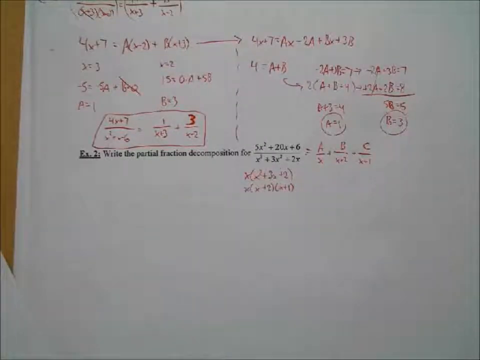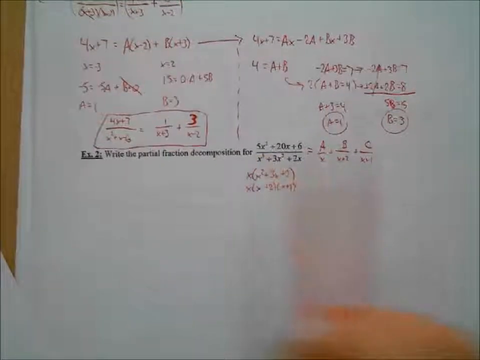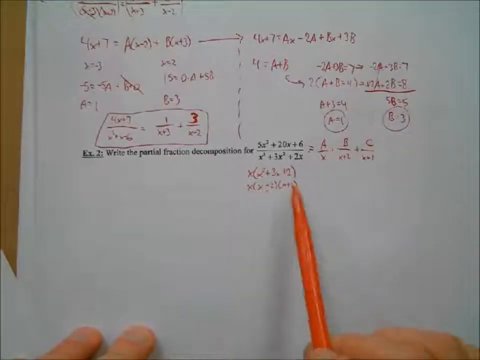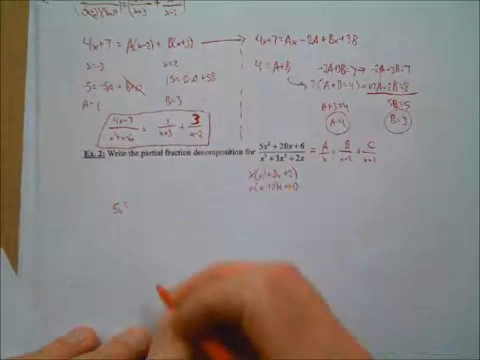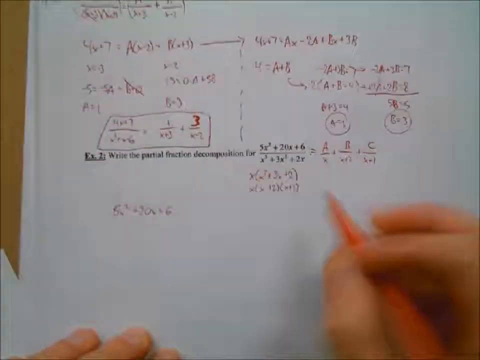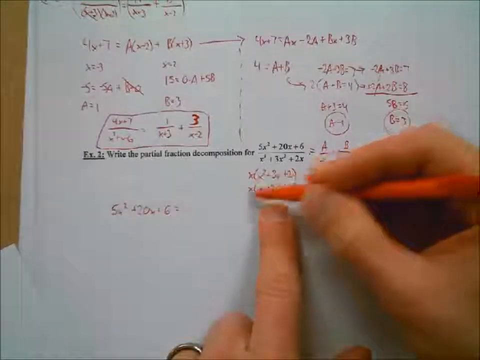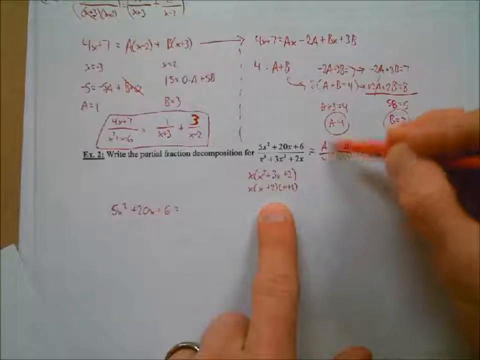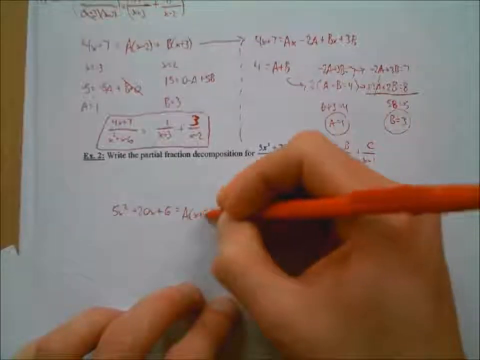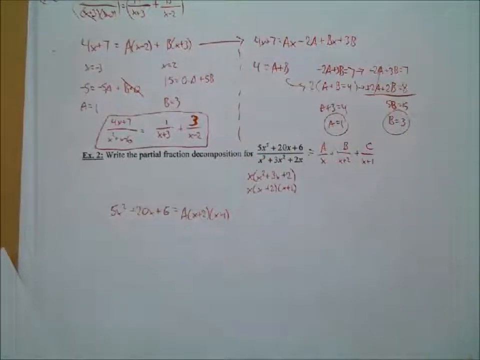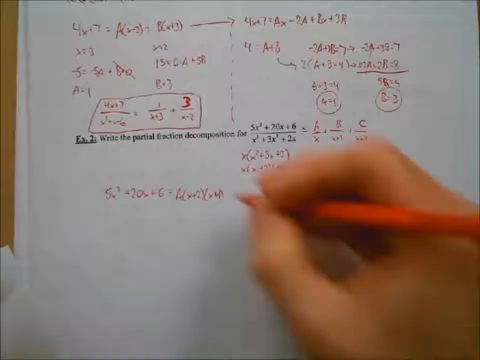So that means we're going to, again, clear out our denominator. We're going to multiply both sides by x times x plus 2 times x plus 1. So the left-hand side is just going to end up being 5x squared plus 20x plus 6, because we cancel out that denominator there. And that's going to equal, now when I multiply x times x plus 2 times x plus 1 with the a, the x's will cancel, and I'll have the x plus 2 times x plus 1 left over. Like that. So it's going to be a times quantity x plus 2 times x plus 1